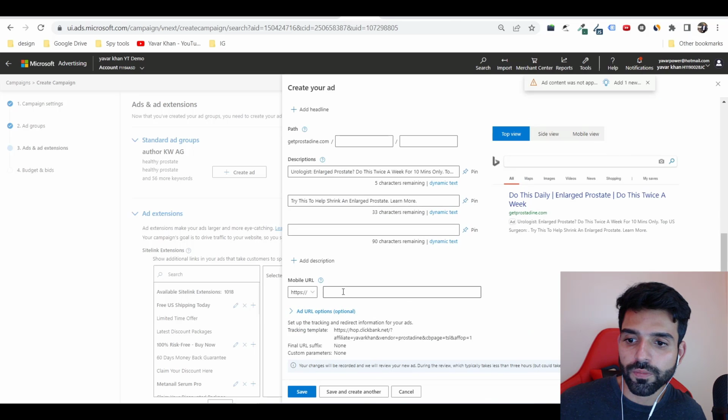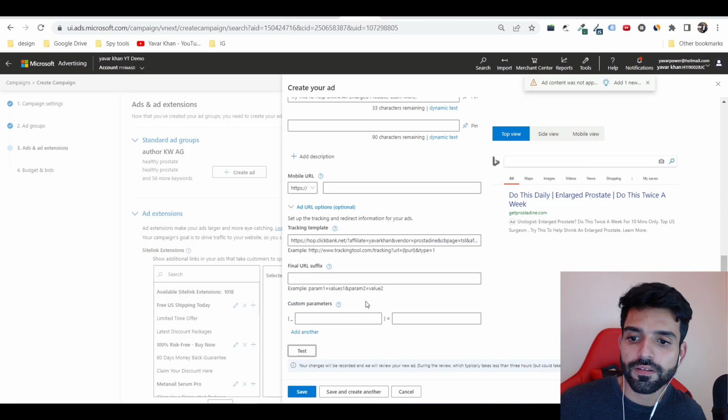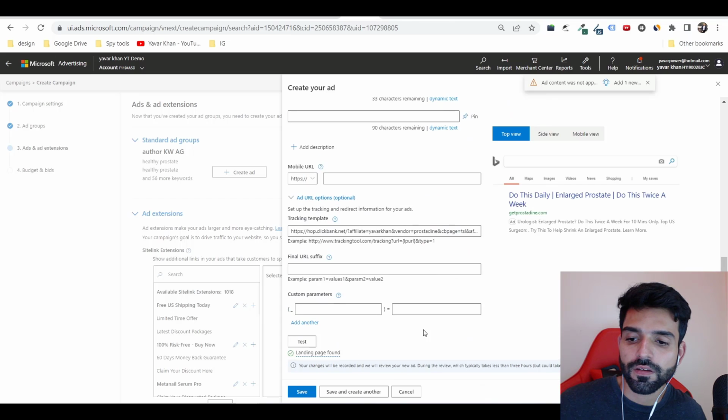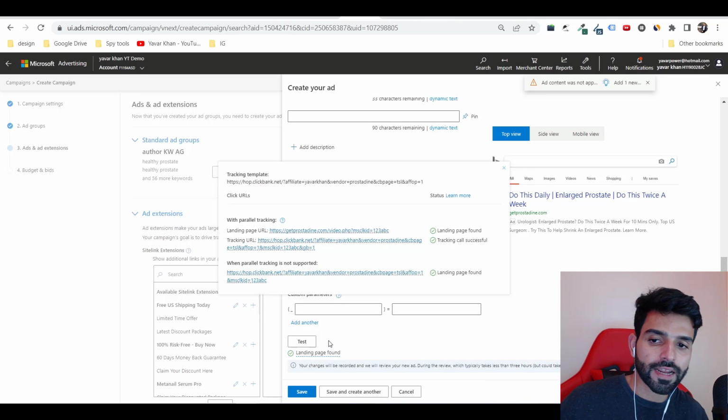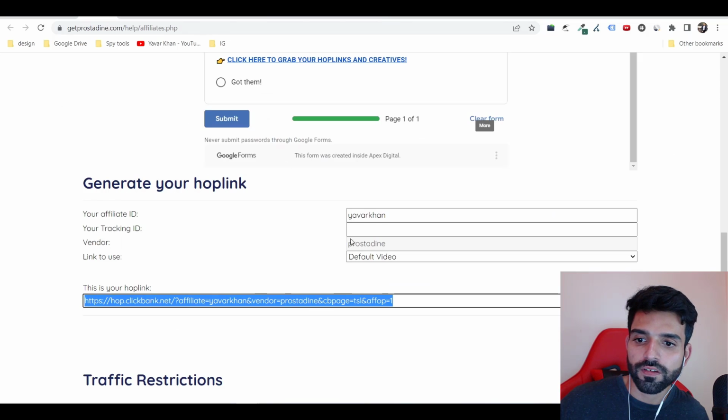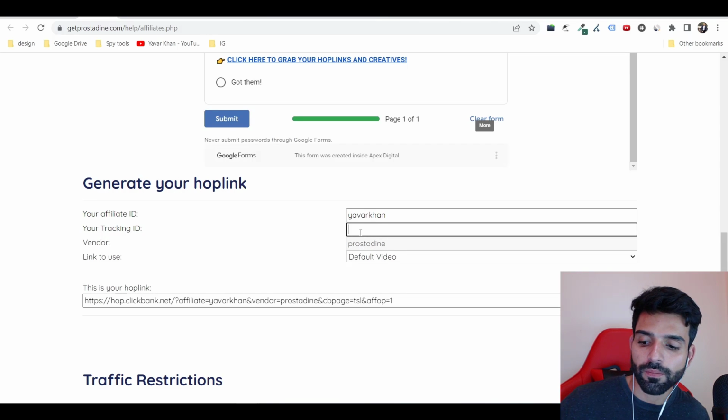I go on URL option, test. Yeah, so everything is found. Our tracking is also working, and you don't even have to spend for tracking tools. This is your tracking as well. And if you want to track more, you could just on your TID, you could add Bing or Microsoft ads. Okay, so once you add ads, again, you know it's coming from Microsoft,